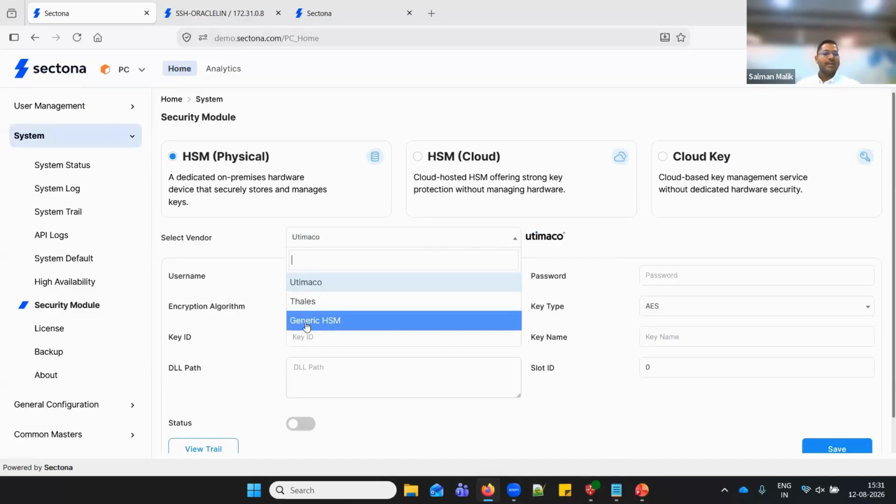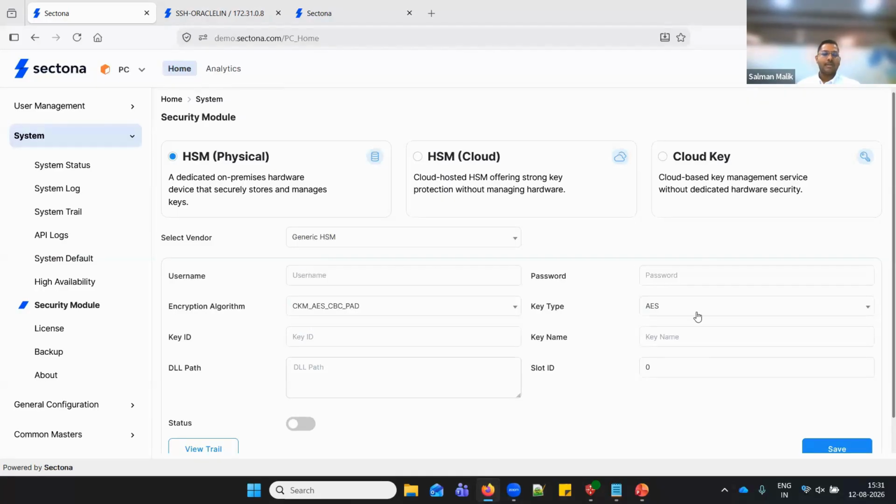You can further go ahead and create a generic HSM configuration as well, and based on the required parameters, you can configure any other HSM system to be integrated with the PAM vault. And additionally, physical, cloud and key-based HSM modules are something which you already have as an option now available in the system.